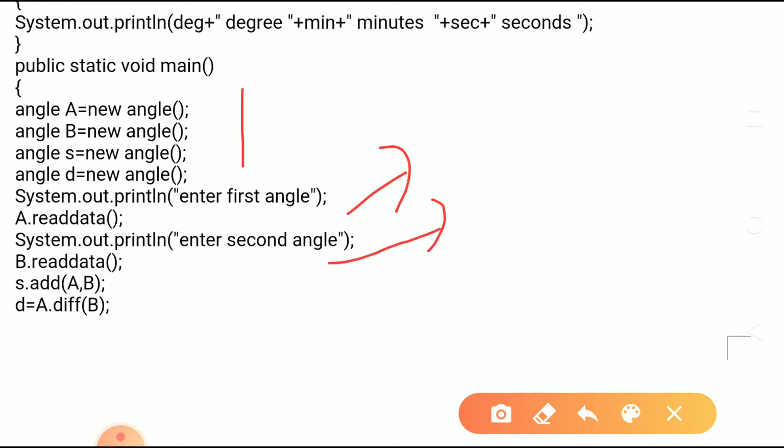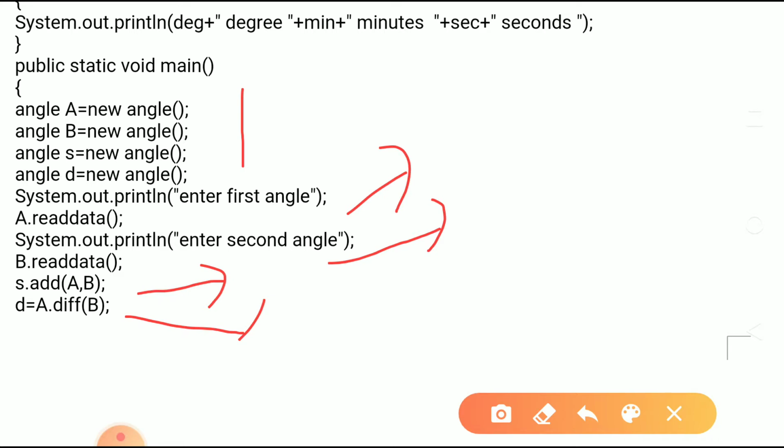Then the sum of A and B is to be taken, so the add function is called, where A and B are given as parameters and the result has to go in the current object. So we have called the function add with the object S. Then for the difference, only one object was a parameter and an object was returned. So we have called the function with object A and given B to it.